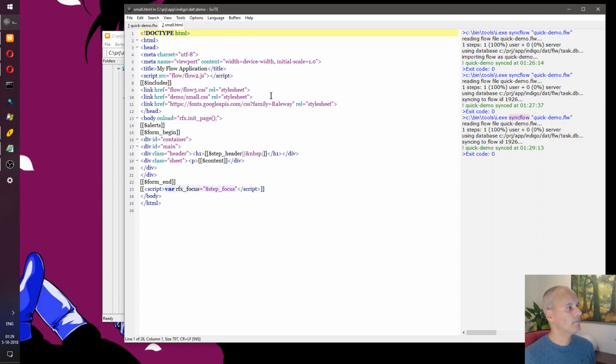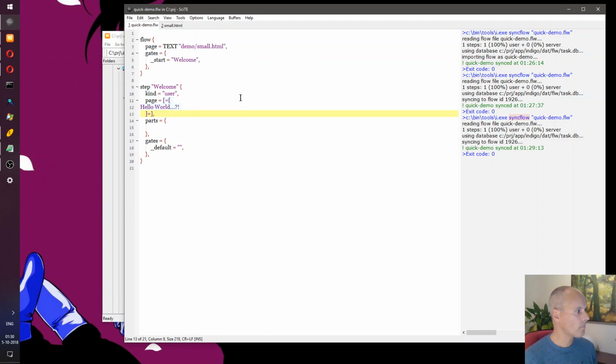The page template is nothing but the template for the page that the web application uses. You can pretty much use anything you like. But if you look here, you see there's a section for a header and a section for the sheet. The sheet holds the content, and the header will display the header property of the particular step that we're on.